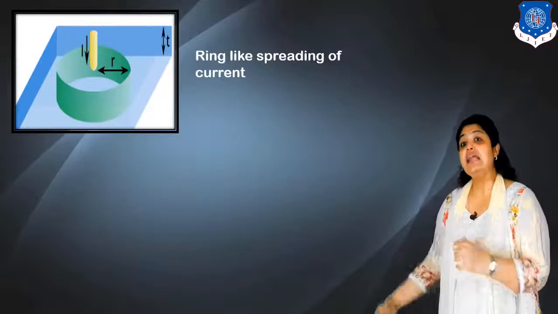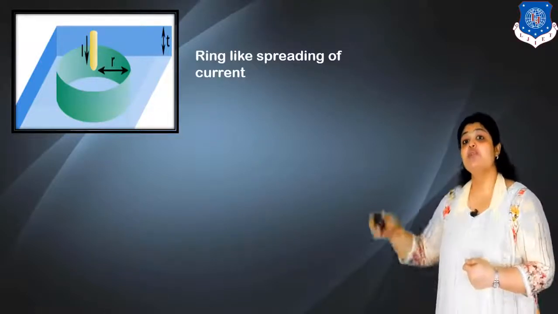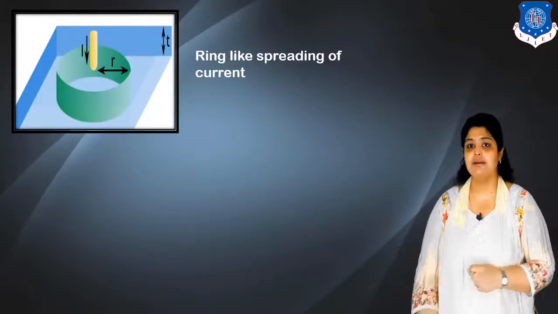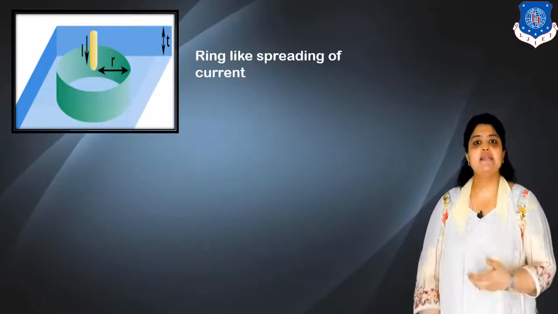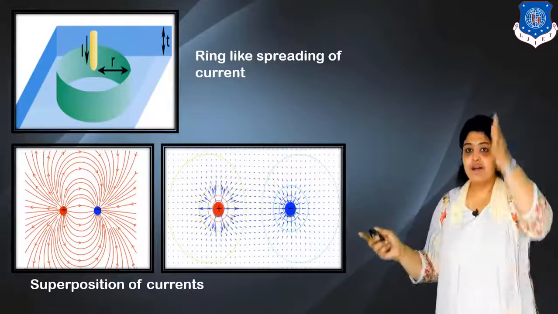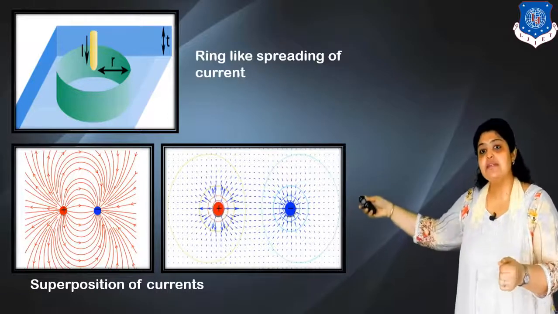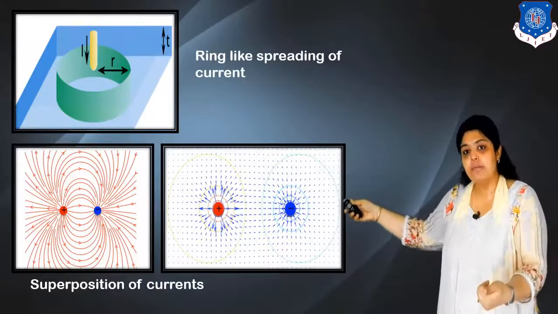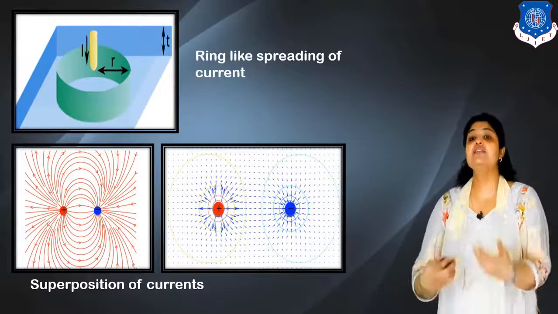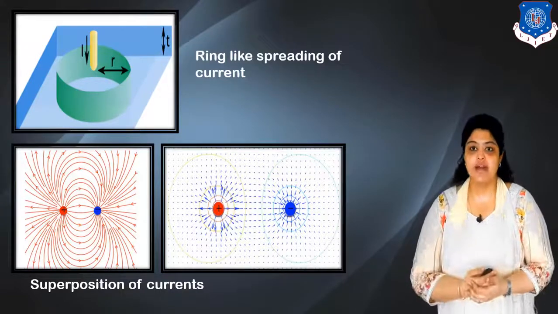You can say ring-like spreading, or you can denote it by a hollow cylinder. So we will be using the area as the area of a hollow cylinder. Let us again discuss what is superposition of currents here. Again, we have one input probe, the other output probe. So what actually happens is input field is denoted by positive electric field and output is denoted by negative electric field. And so we get addition of electric fields leading to superposition of currents.